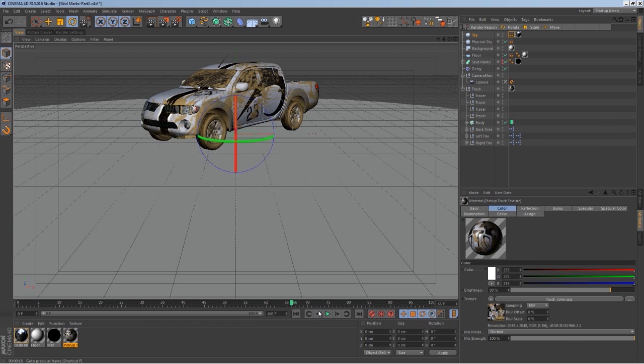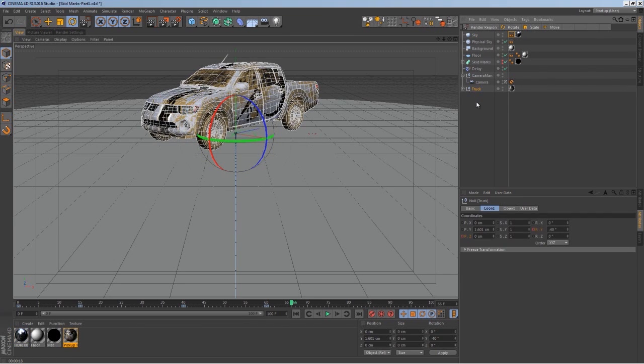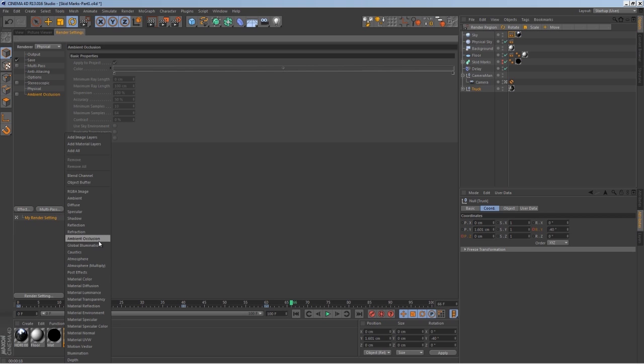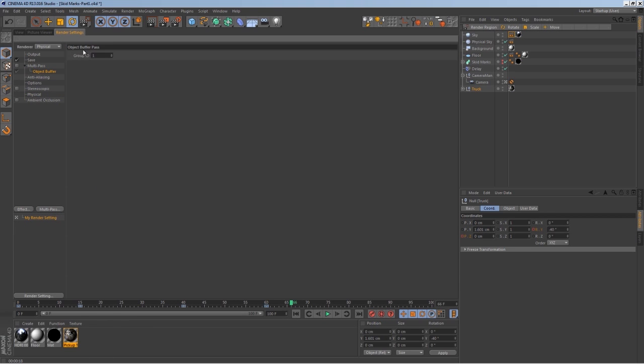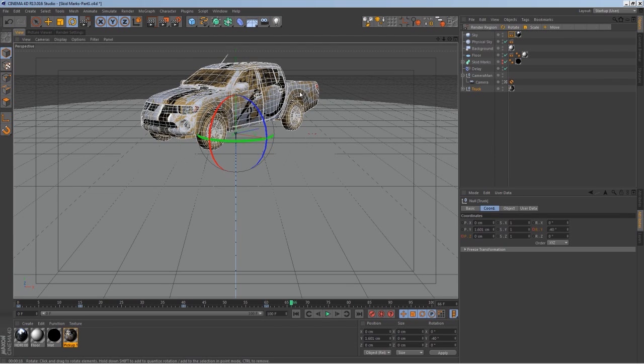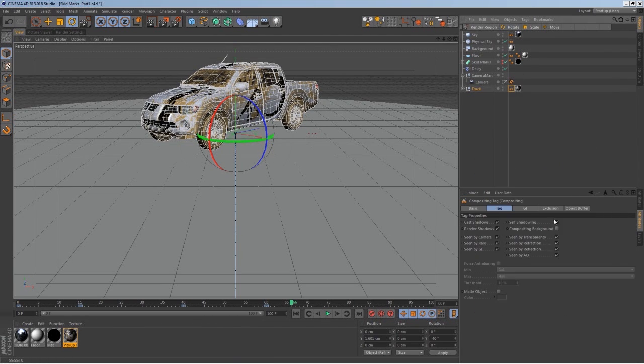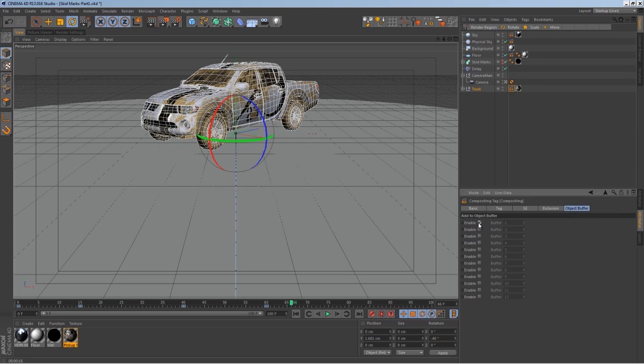What else do we need? We got a camera set up. Let's set up for the whole truck. Okay, everything's here. Let's do multipass. So I'm going to do an object buffer, just one, and then I'll do it for the whole vehicle. So I'm doing compositing, and let's go to object buffer. So the one is selected, and then